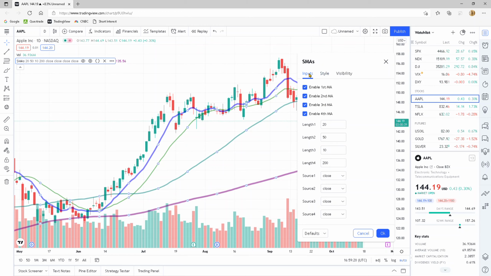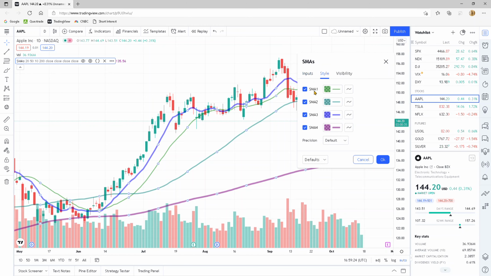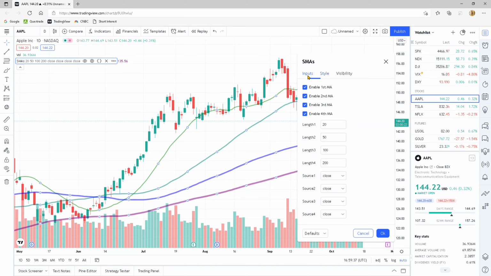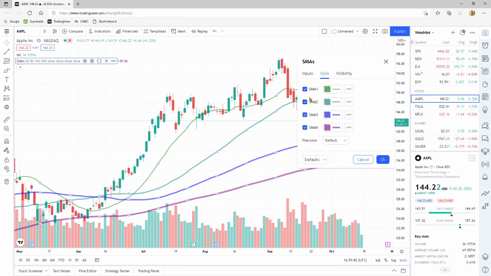Now the other thing is you have your input, which just basically gives you your numbers. But if you go to style, they actually match up 1, 2, 3, and 4. And 1, 2, 3, and 4. So let me just change that one back to 100 so it won't be confusing. So what I'll do here is for the 20, which is this green one, which is length 1, is the 20. I'm going to go into the style, and the 20 here, it says SMA 1, which